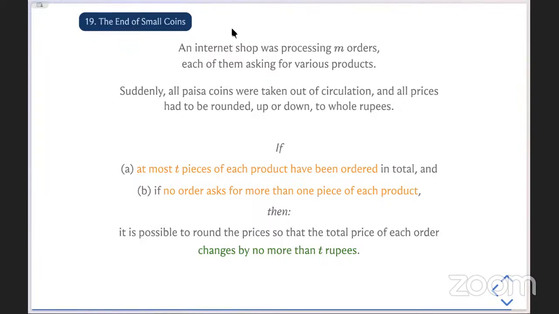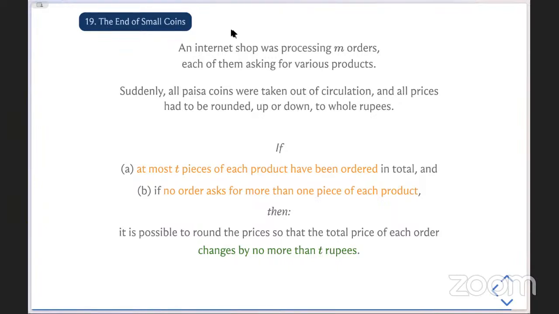So Manu, just to address your question, if you allowed for multiple copies of the same item, then let's say somebody has for some reason ordered 100 diamond rings, right? Then no matter what you decide to do, round up or round down, the price of that order is going to change in a manner that depends on the number of copies of that item, right? But what we want to do is show that as long as the number of